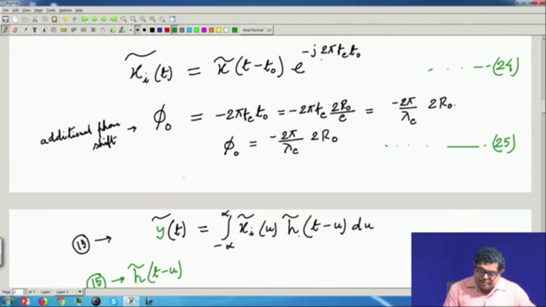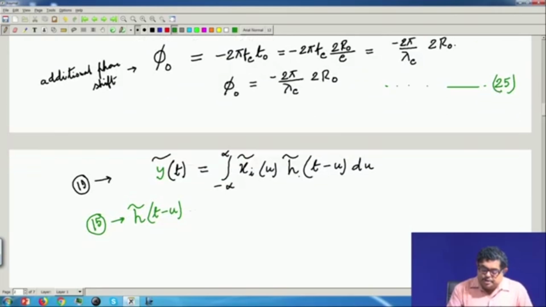So, I will write that from 15 you can get this value, and from 24 you can get the value of x I. If we put that here, we get